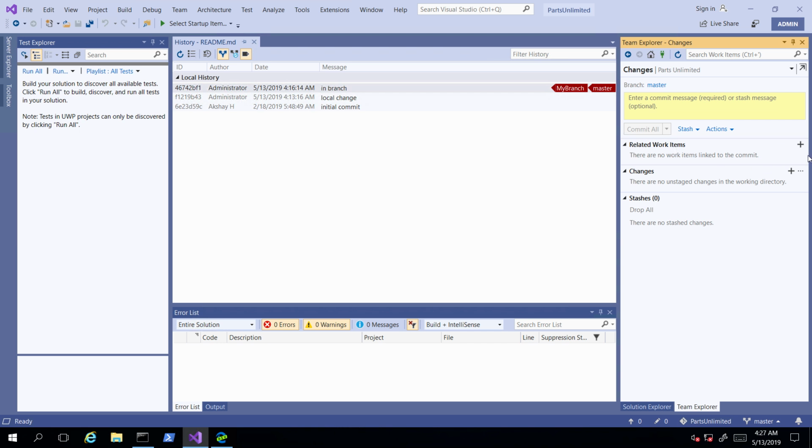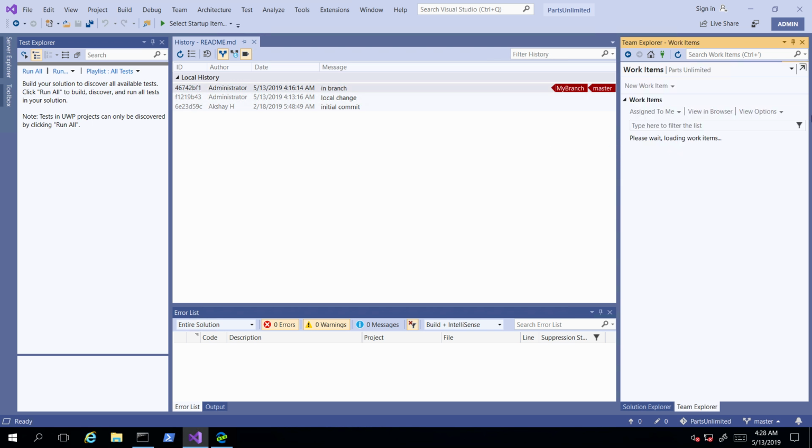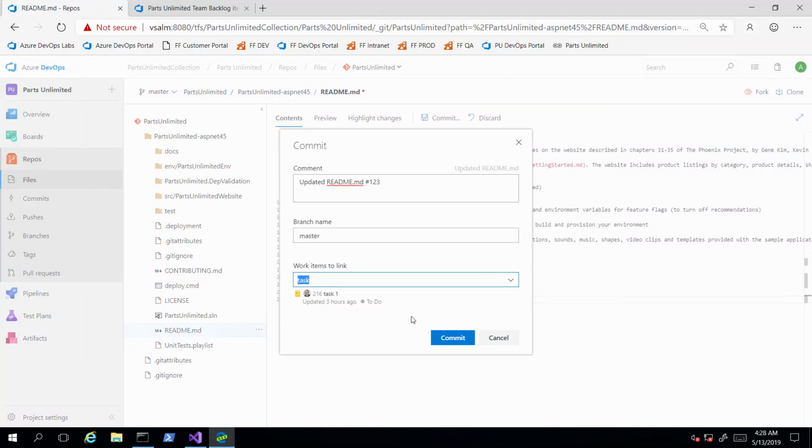If I add here, it will bring up the queries that I've specified. No, it's also taking forever. Anyway, I've selected the task. If I commit here now, commit,